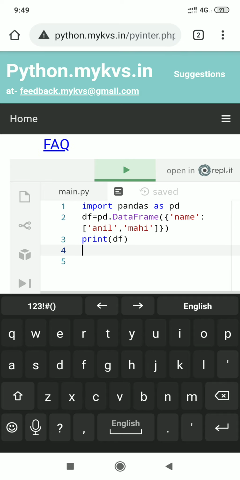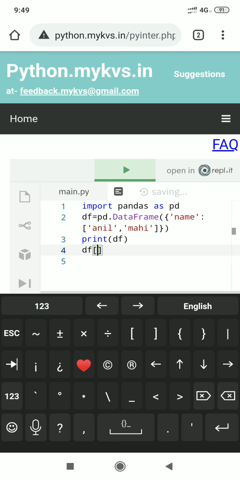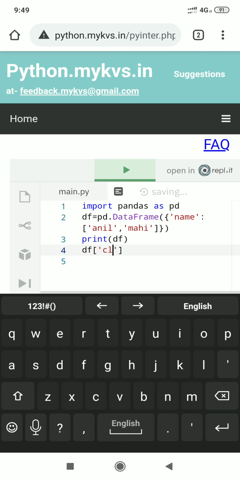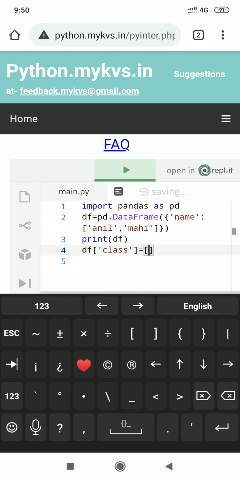Now we require a class column. How can we add the class column? df, then mention square brackets, then mention the column name. I am mentioning here class as the additional column. Then I will pass values in the form of a list, or if required we can create a series also.